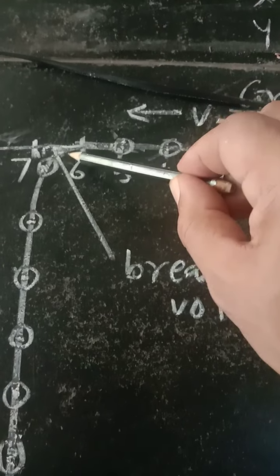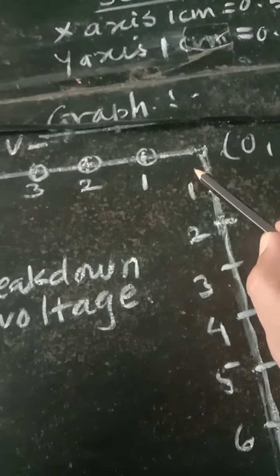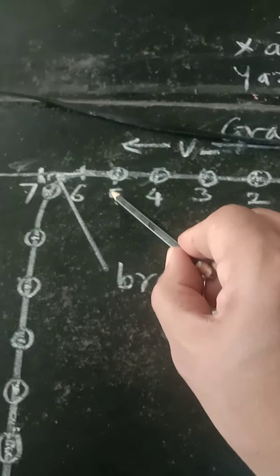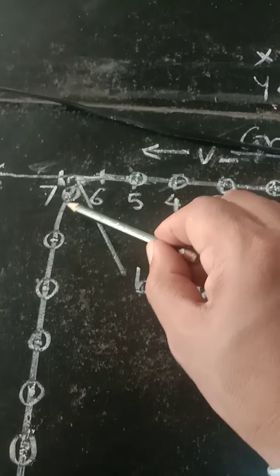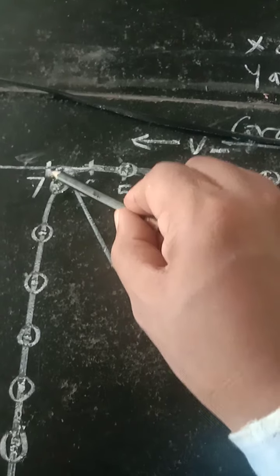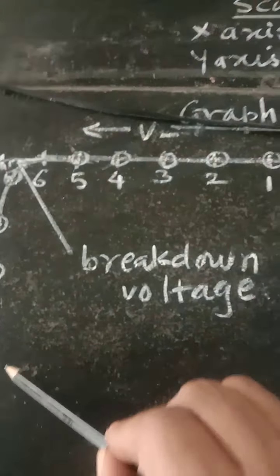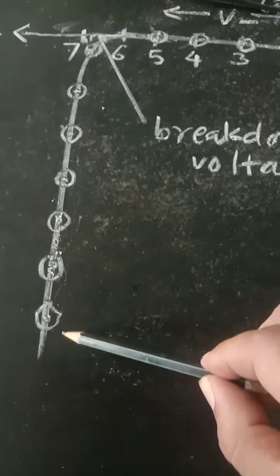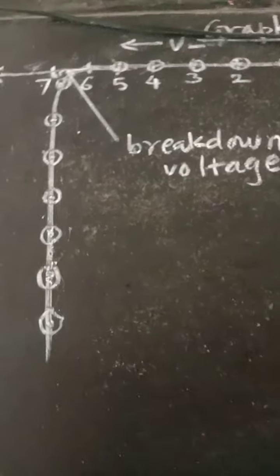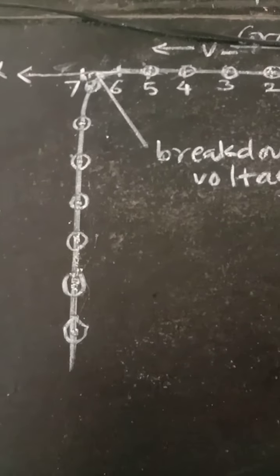Now suppose for this 6.6 volt, current is equal to, suppose, 0.5 milliampere, then it will be plotted, and then for further readings the voltage will remain constant, that is 6.6, that voltage will remain constant, and simply current will go on increasing, and therefore these points will be plotted along this line. So this will be the nature of this graph, and then we will have to find out